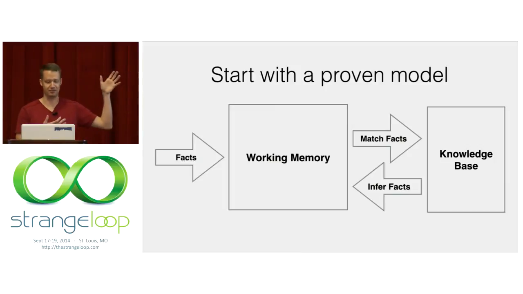This is how expert systems generally work. We'll have a working memory which contains all the knowledge that our system has. And each unit of knowledge is typically referred to as a fact. So the fact that Alice has hypertension in the healthcare domain, that would be a fact, a unit of knowledge. Then we match those facts against a knowledge base. So if Alice has hypertension, then we might prescribe some medication. And then we can infer new information, say the medication that we should prescribe. And then this goes in a cycle until the system normalizes and we have all the derived information in our working memory.